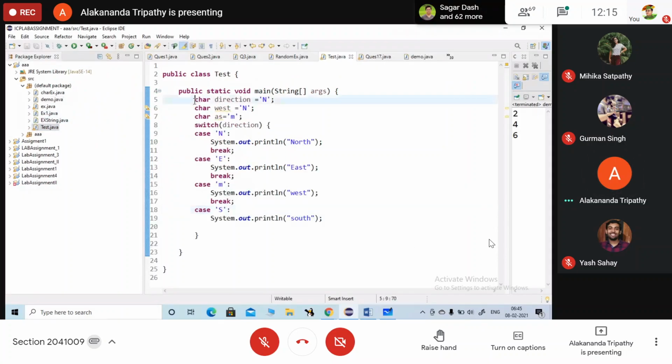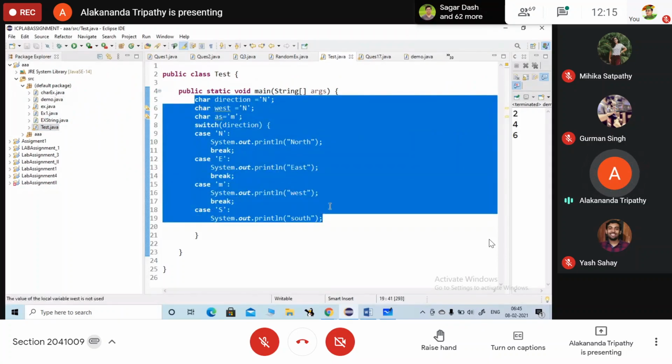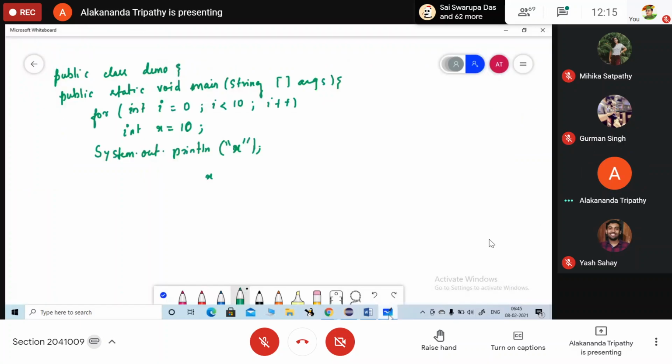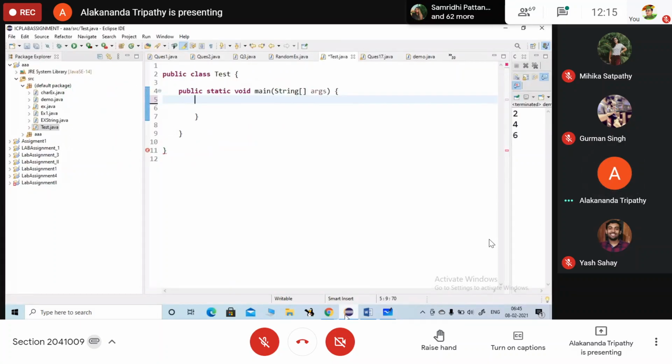Check it. I'm just removing this part. What I have given you: for int i equals to 0, i less than 10, isn't it?